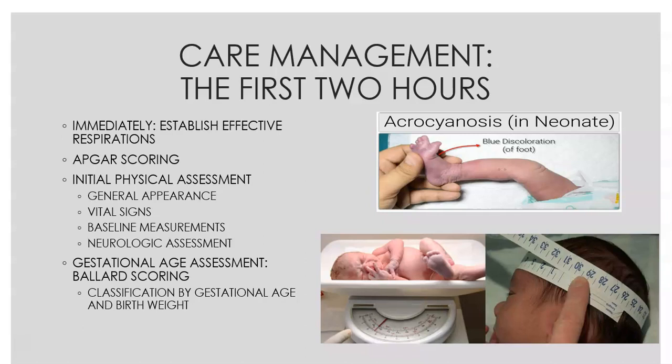learning how to breathe. So what we talk about in adults, that Cheyne-Stokes respirations where they're panting, and then they stop breathing, that is normal in a newborn. Their temperature is just like ours, 97.7 to 99.4. Blood pressures are typically 70s to 80s systolic over 30s to 40s diastolic. But that respiratory rate and that heart rate and that temperature are your really important ones that they want to